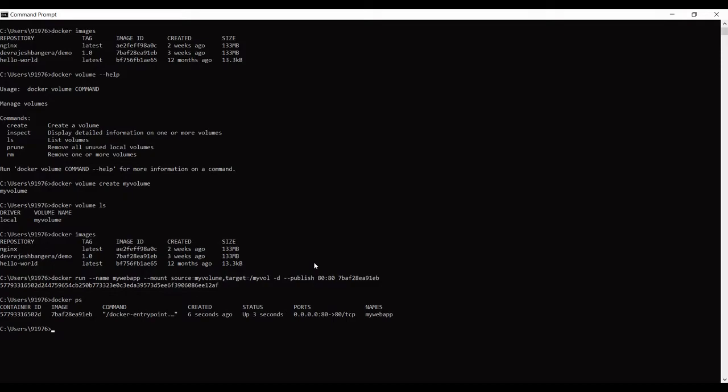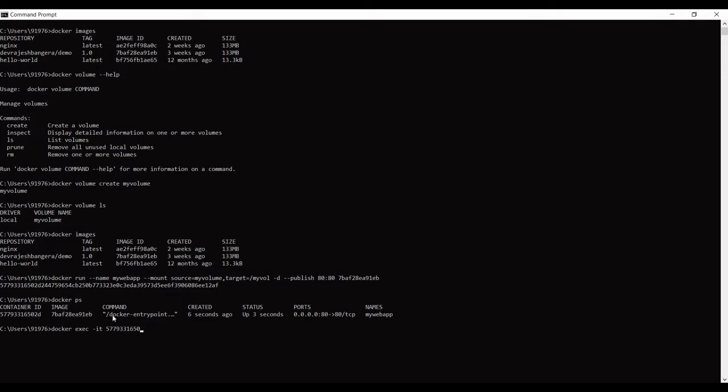So as you can see, this container is running right now. Basically, what I will do is log into this container. The command to log into this container is docker exec. -it stands for interactive mode, and then we provide the container ID, like so.